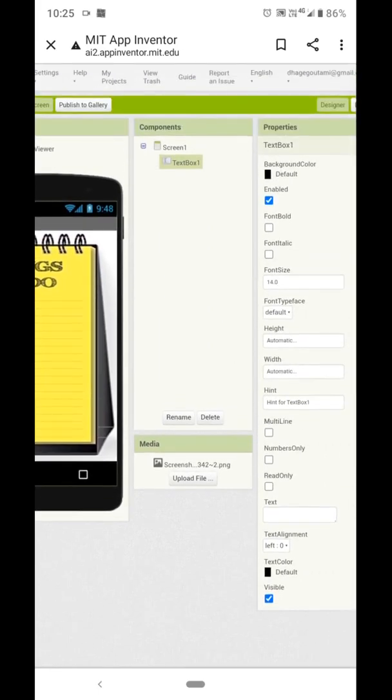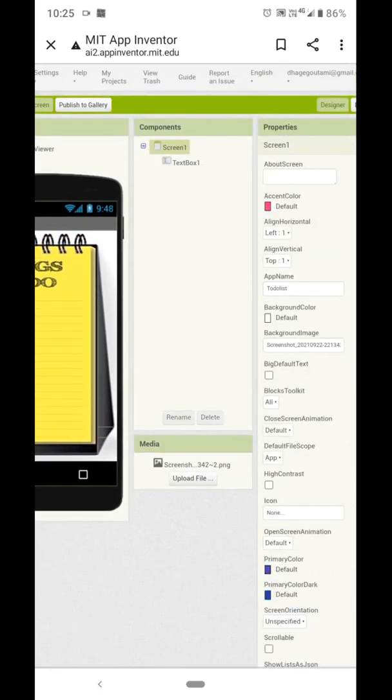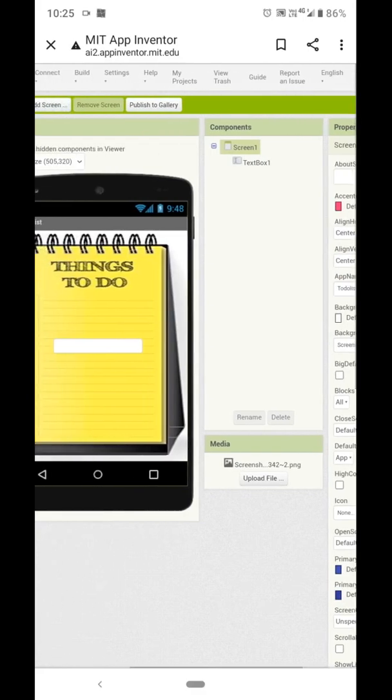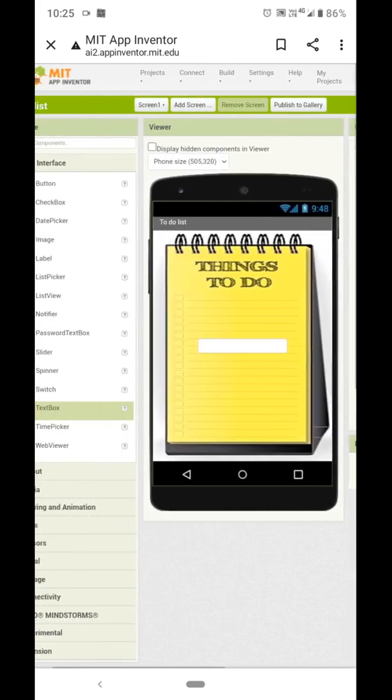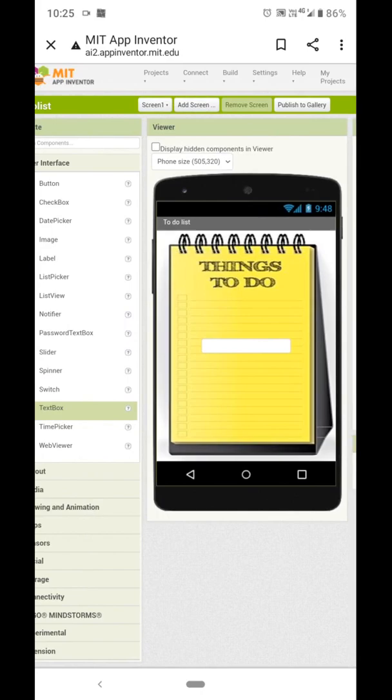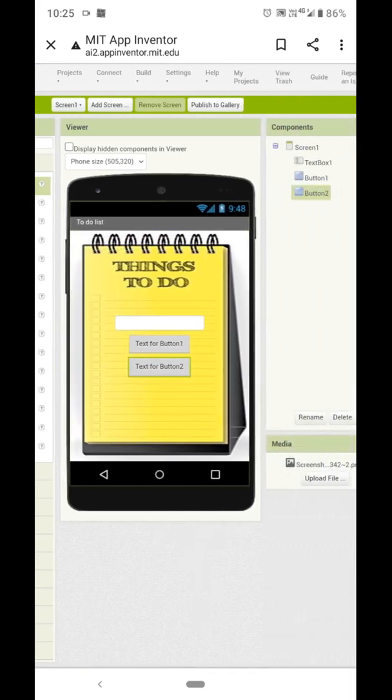Now we will take one text box here. I will adjust the position of the text box. Okay, then take two buttons. Add one image on the button.